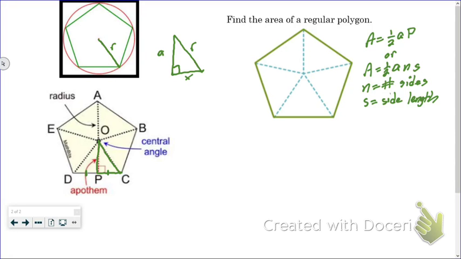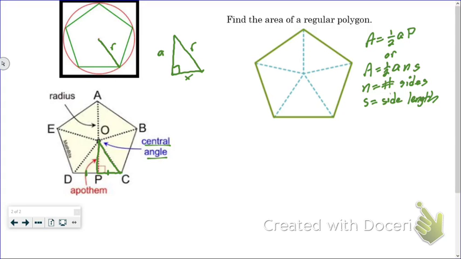So if we have two of those sides, maybe we don't have to do anything. We have enough information to find the apothem and perimeter. Maybe if they give you the radius and the length of the side, we can do the Pythagorean theorem to find what the apothem would be, or depending on what they gave you, maybe they only give you one of those dimensions, and then you have to use the central angle and some trigonometry to find the apothem and the